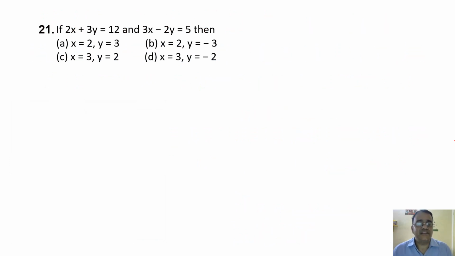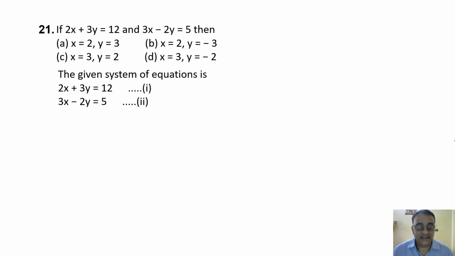If 2x plus 3y is equal to 12 and 3x minus 2y is equal to 5, then now we have to solve these two equations. Okay. So first we will write these two equations. Now see, if we multiply the first one by 2 and the second equation by 3, these two coefficients will become the same. ठीक है, क्या मिलेगा देखो, 4x plus 6y is equal to 24, right? This is the equation we got from equation number 1.